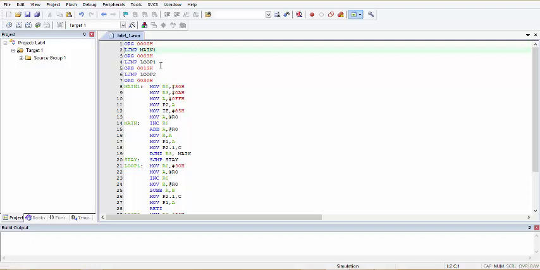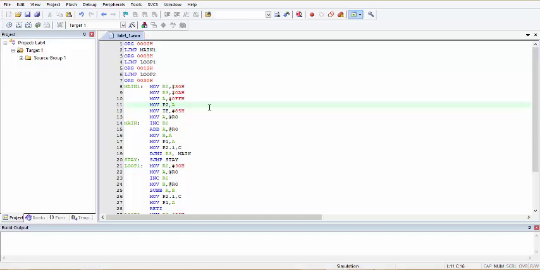Here we have used several LJMP statements, so that there is no overlap with the interrupt service routines, since the vector address for interrupt 0 is at 003h, and the vector address for interrupt 1 is at 0013h. So we start our main routine only after 30h, and the interrupt service routines have been placed after their respective addresses.